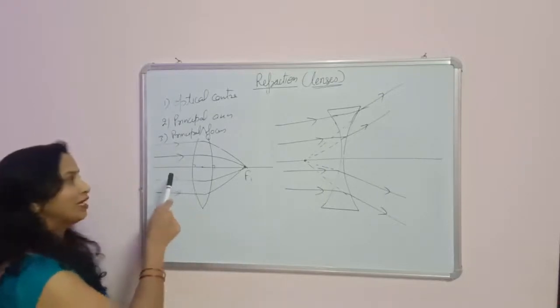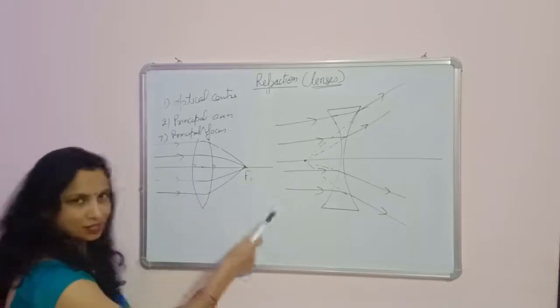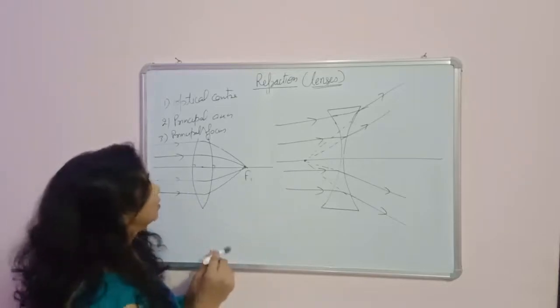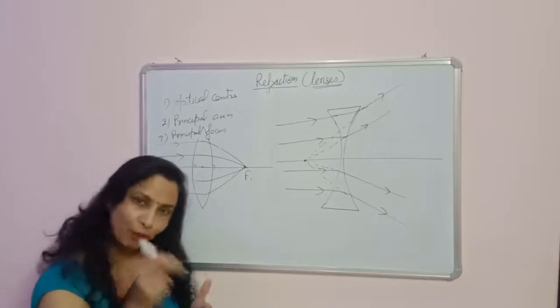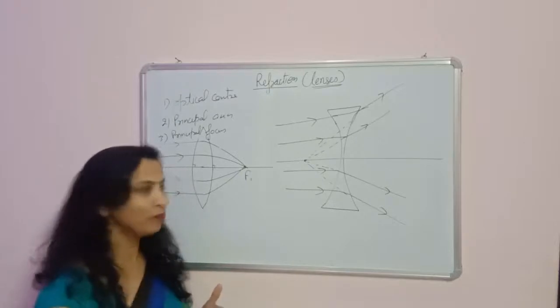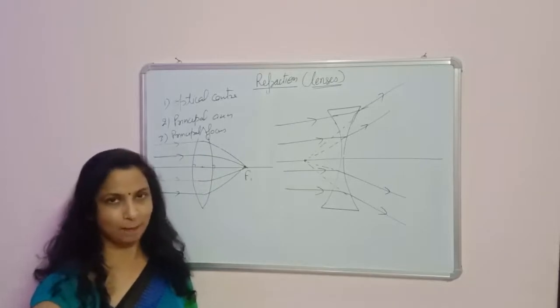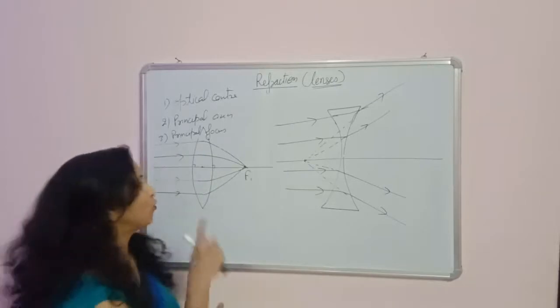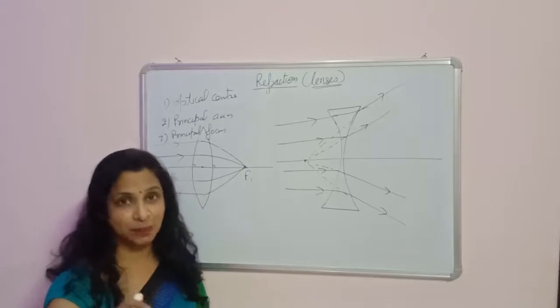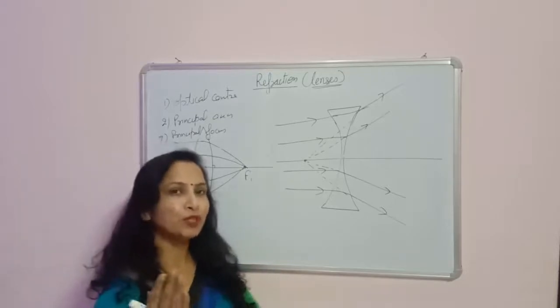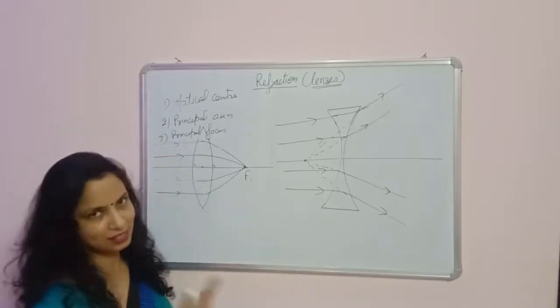The light rays which are initially parallel to the principal axis converge on a point on the principal axis, or appear to diverge from a point on the principal axis, is called the principal focus of convex and concave lens respectively. So we can combine both the definitions of concave and convex lenses.